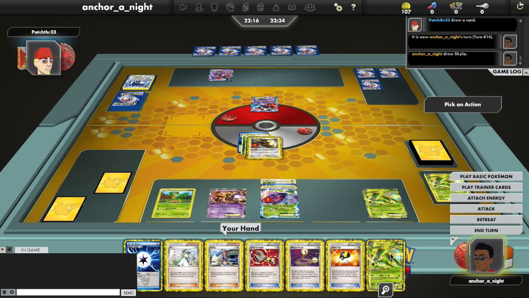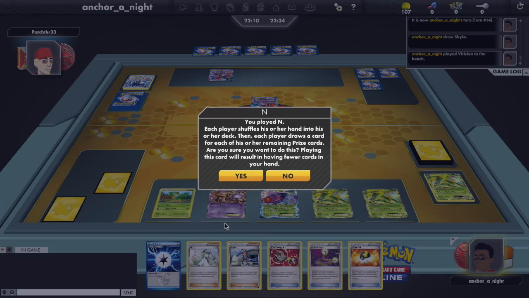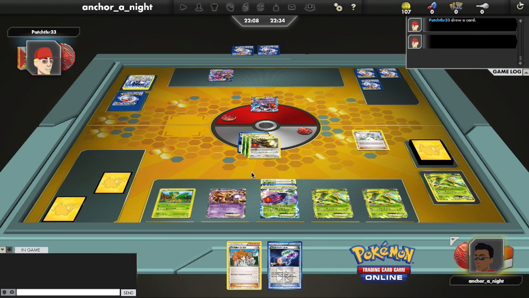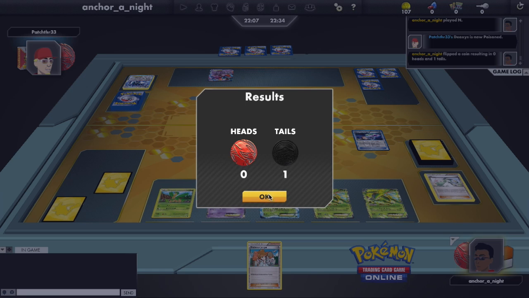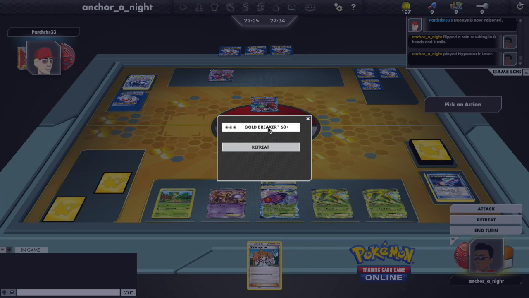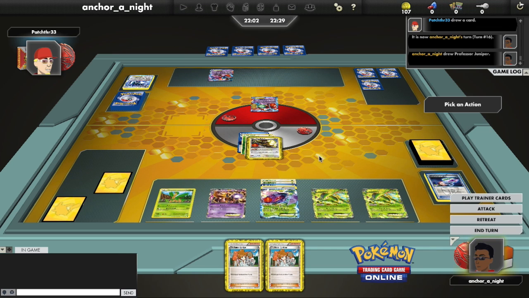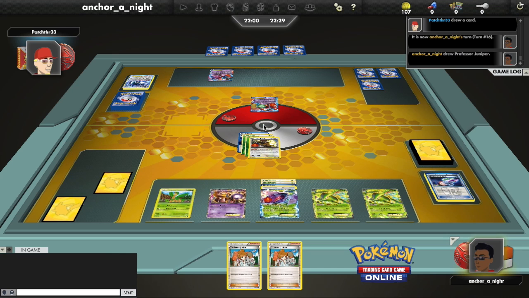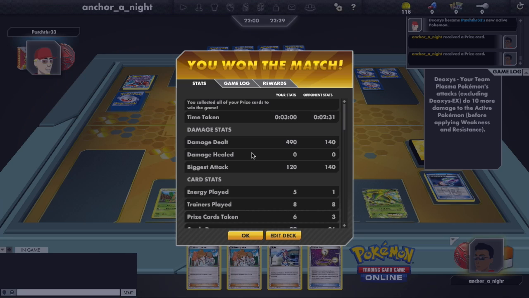So here I'm going to just bench a Virizion, and I guess I will just N here just in case. Since I'm pretty set up and he isn't, I will play Hypnotoxic Laser and Gold Breaker for 120. So now my opponent's down to 40 HP, so if he doesn't attack, I have the game. And he just passes, and I'm able to get the knockout and the win, so I hope you guys enjoyed that. I didn't end up using Mewtwo after all,